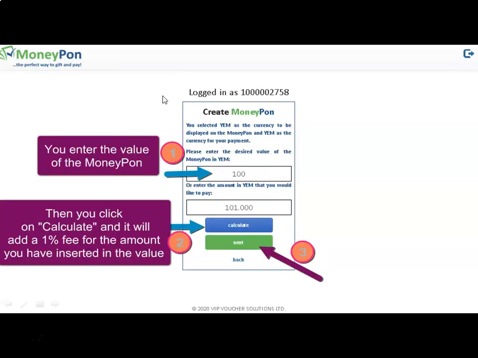Now, next step, you need to enter the value of your MoneyPon. You insert here the value that you want to send. Then down below you will click on Calculate. And this will always add, guys, for every transfer that you do, every MoneyPon that you create, a 1% fee for the amount that you have inserted in the value. You click Calculate, and then it will appear here the 1% fee. Then you click on Next,